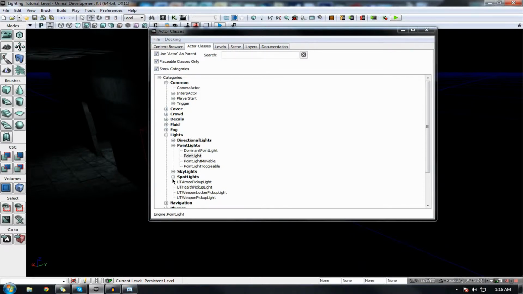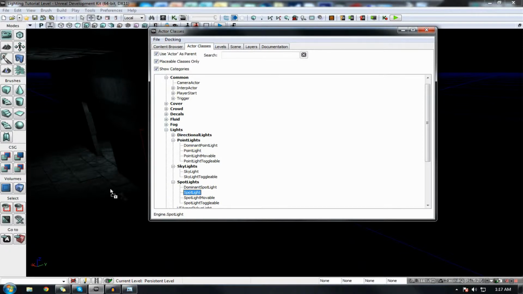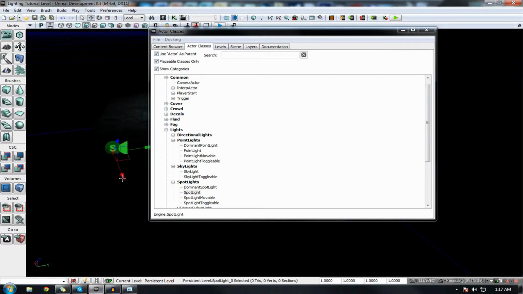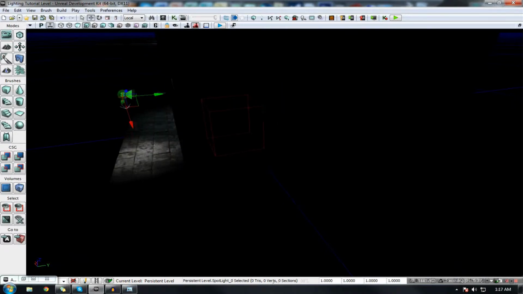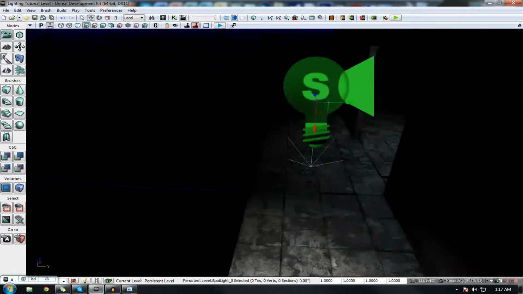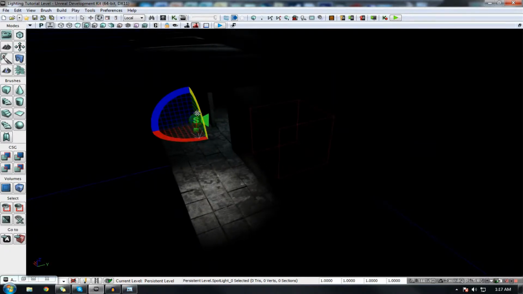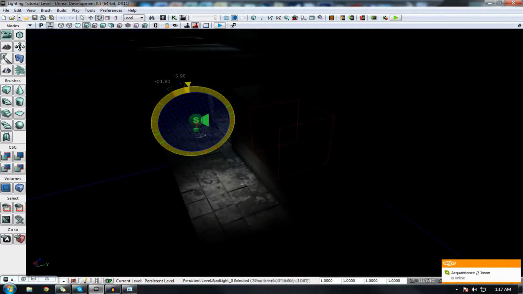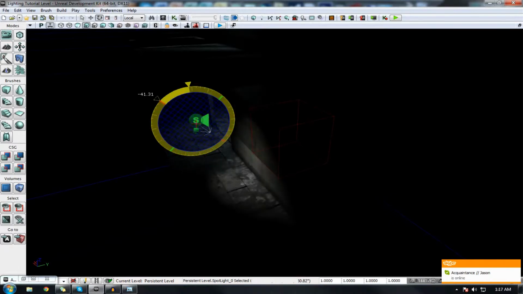We also have something pretty similar to that called a spotlight, which I'll show you now. If I bring that in, the light goes in one direction. Just bring that up, and you can see it goes straight down, and that direction is actually indicated by a little arrow beneath it, like so. So if I go ahead and rotate that, you'll see the arrow moves, and subsequently the light which it's emitting